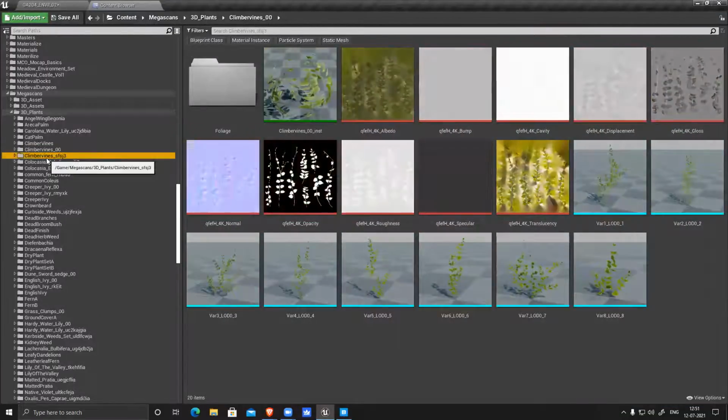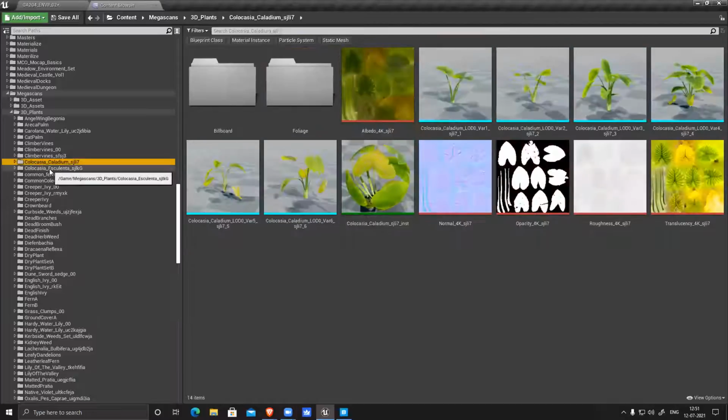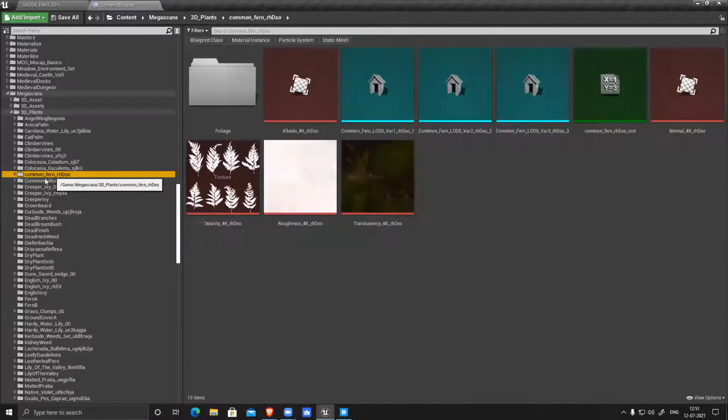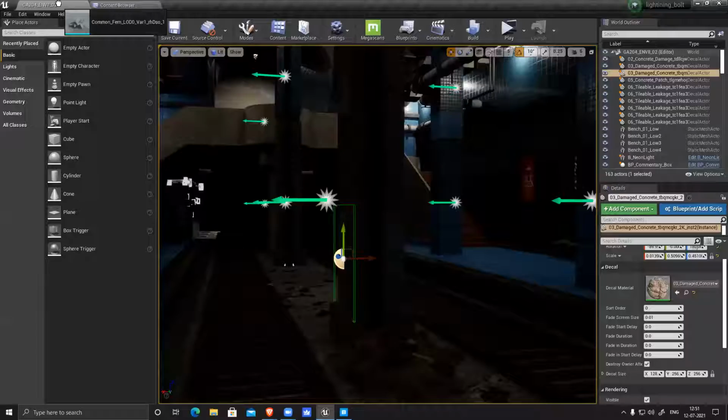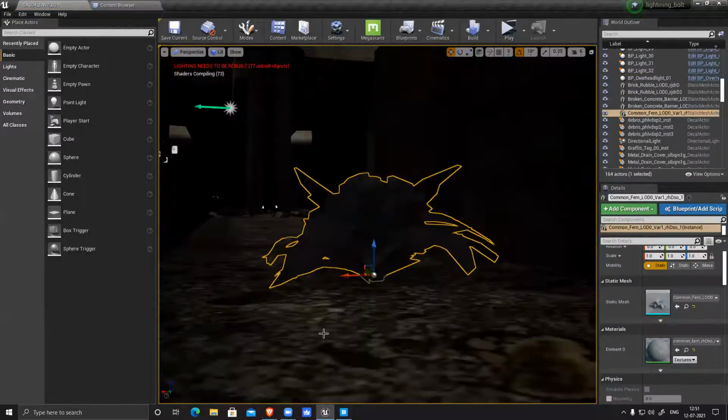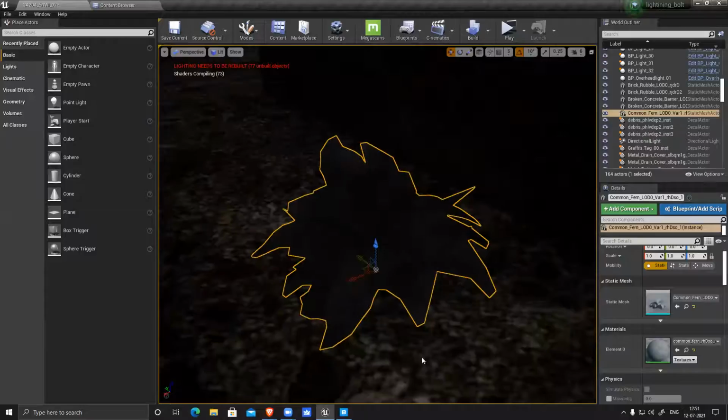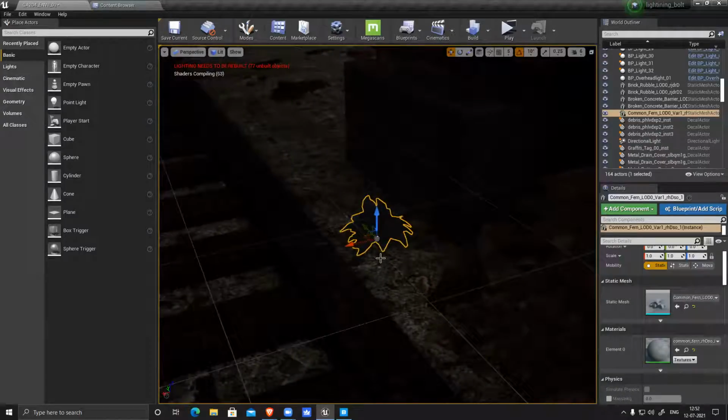I can simply drag them in one by one. Fern is better. If I want, I can just manually drag one by one. It's loading. Yeah, loaded. Place it here, and manually I can place it and nicely generate all these details.